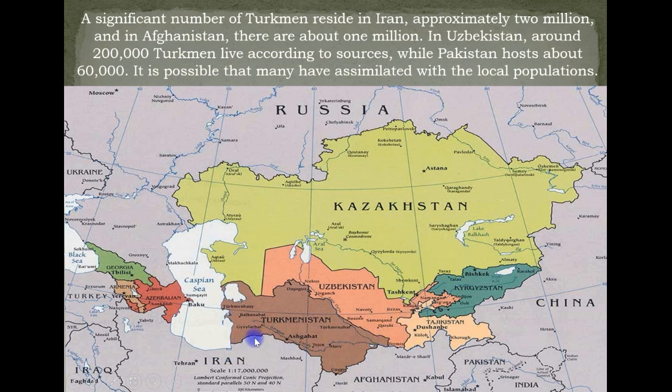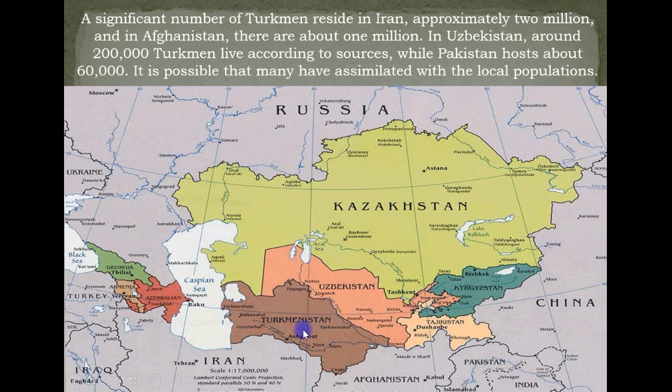Here in Iran, Turkmen people live in the place called Turkmen Sahra in the north part of Iran, which shares borders with Turkmenistan. It's the same with Afghanistan. Turkmen people usually live in these areas, as you can see on the map, in north Afghanistan, and of course in Uzbekistan, in the south part of Uzbekistan. By the way, in Turkmenistan, the suffix stan means land, so Turkmenistan means the land of the Turkmen.